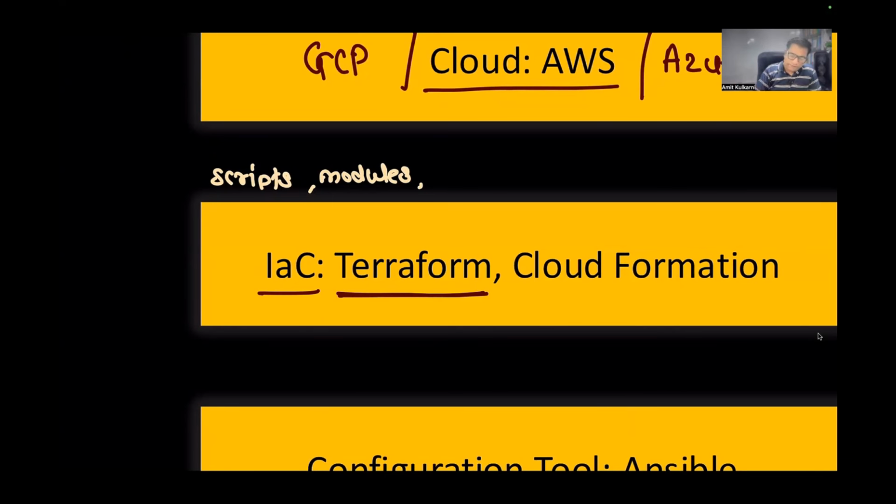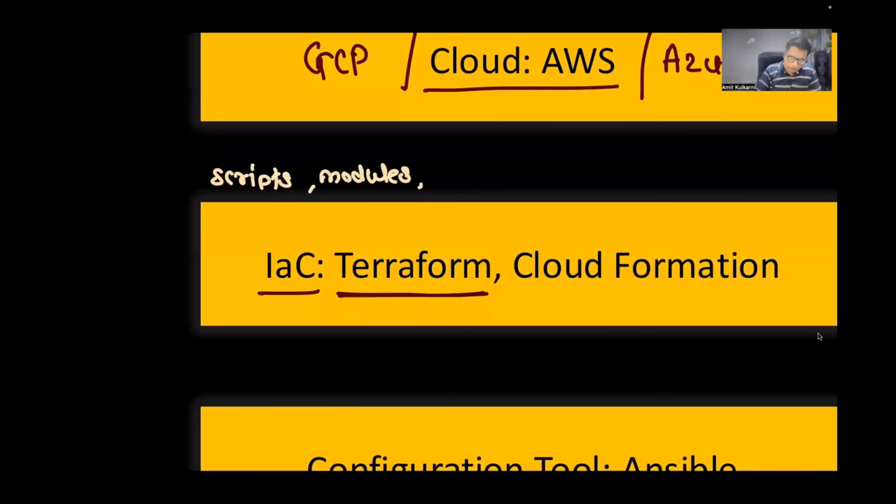Now, when you say Terraform, it is a kind of public tool, given by HashiCorp, which can work with any of the cloud providers. Not necessarily only GCP, AWS or Azure. There are other cloud providers also with which you can write scripts in Terraform and get the job done. Not only that, it can also work with different applications, like Kubernetes, Docker, and other stuff. But it is very popular when you are going to create cloud infrastructure.